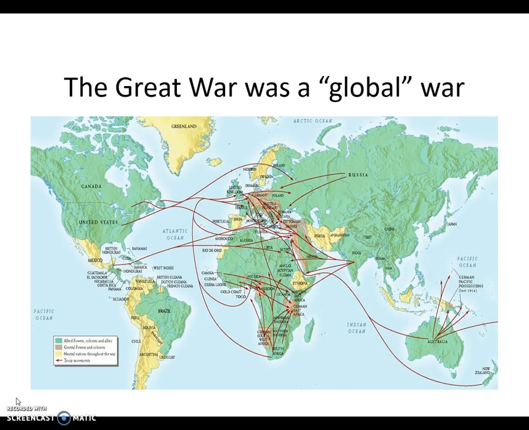Japan's going to also enter the war, and they're going to enter the war on the side of the Triple Entente, right, with England, France, and Russia. Japan enters the war because they hope to take over some of the German colonies in the Pacific and in China. Japan sees this as their chance to really assert themselves here in the Pacific Ocean. And Japan's going to put pressure on China, and that's going to lead to China collapsing and eventually having their